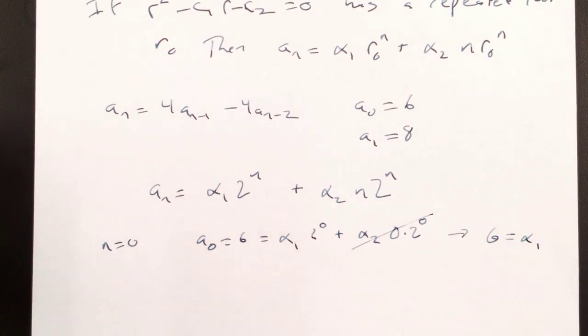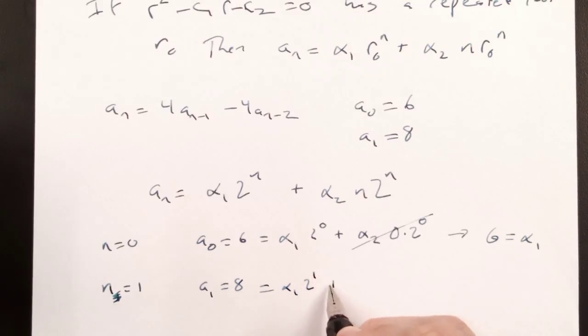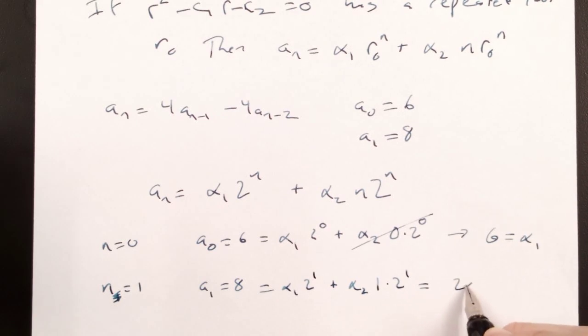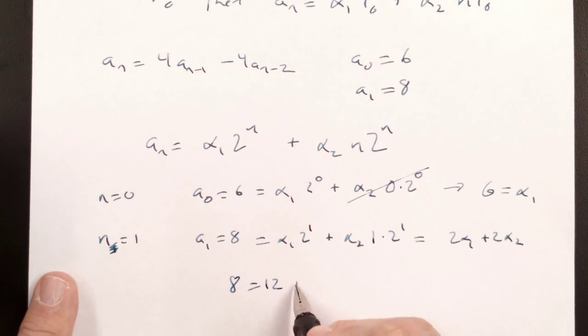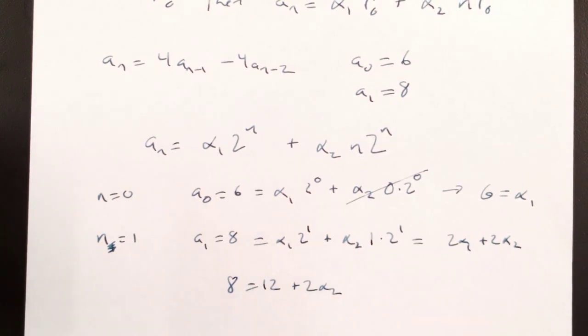I solved for alpha 1 right away. Ooh, I like that one. What's alpha 2? When n equals 1, a_1 is 8. Let's solve for alpha 2 here. That's alpha 1 times 2 to the first, plus alpha 2 times 1 times 2 to the first. So that's 2 alpha 1 plus 2 alpha 2. But I know alpha 1 is 6. So alpha 2 is